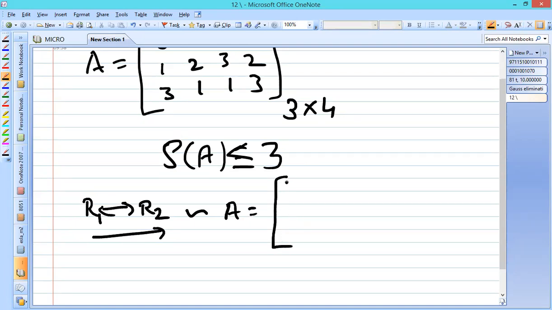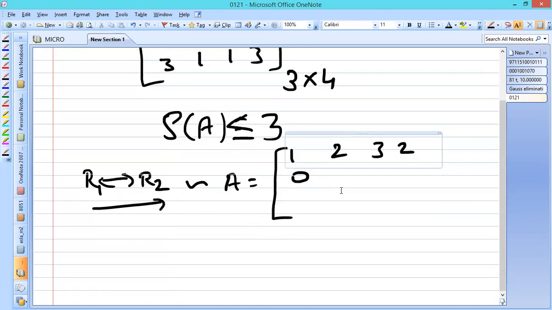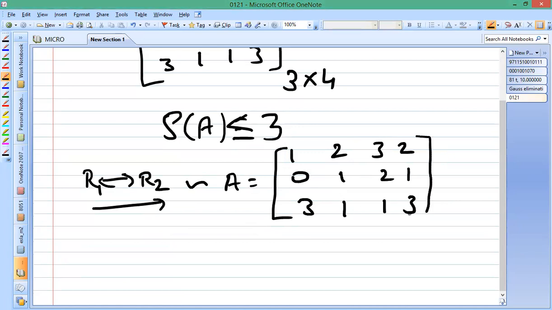A, if you exchange the rows, you will be getting 1, 2, 3, 2. That is, the second row elements will be shifted here, and in the second row you will be writing the elements of the first row. So the first row elements are 0, 1, 2, 1, and the third row elements are 3, 1, 1, 3. So I have exchanged these two rows because we want to get the row reduced form in the triangular or